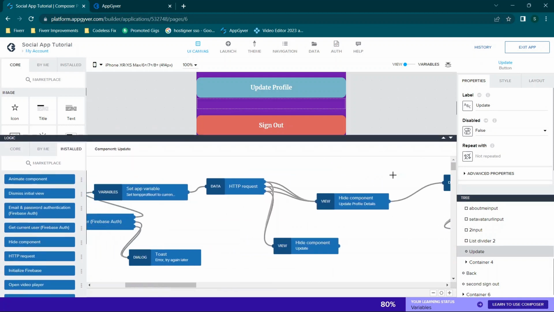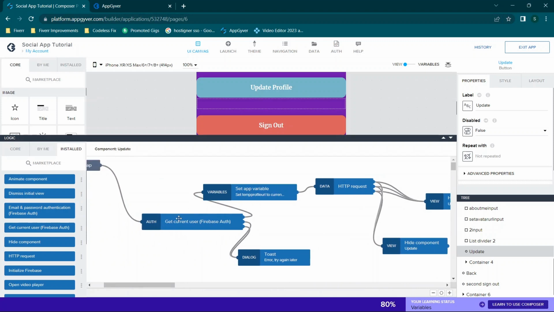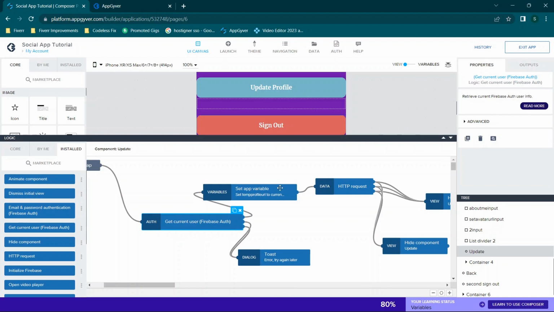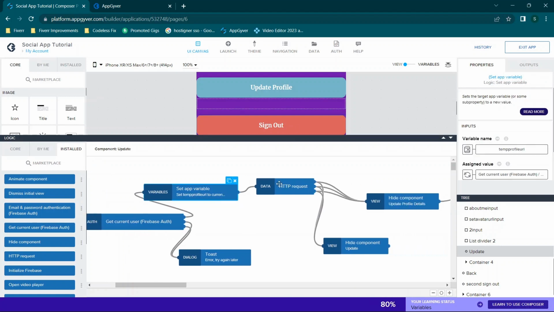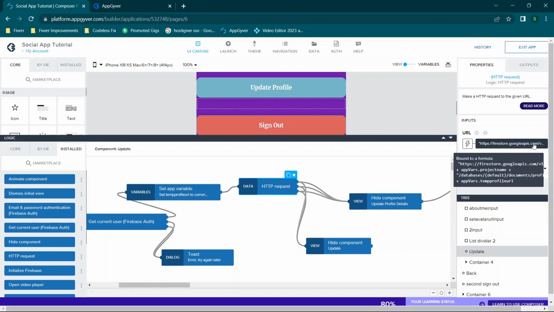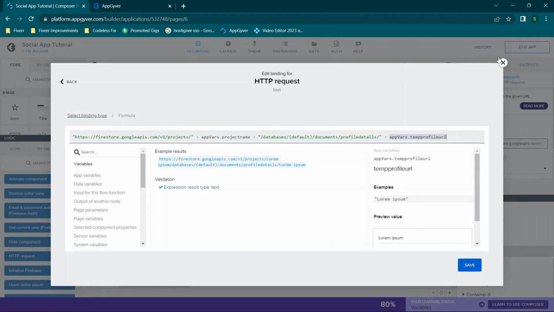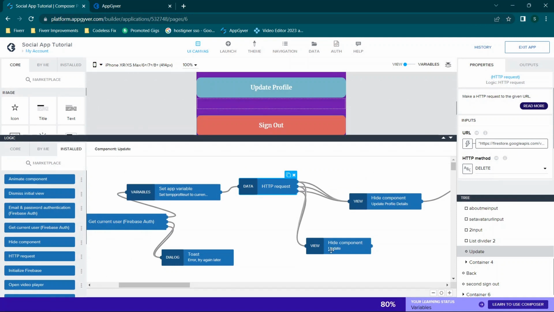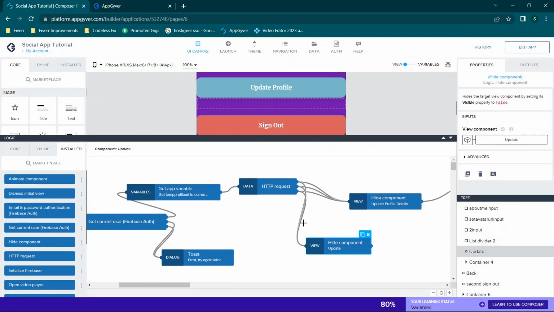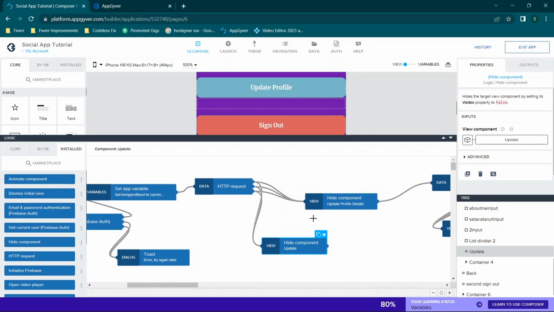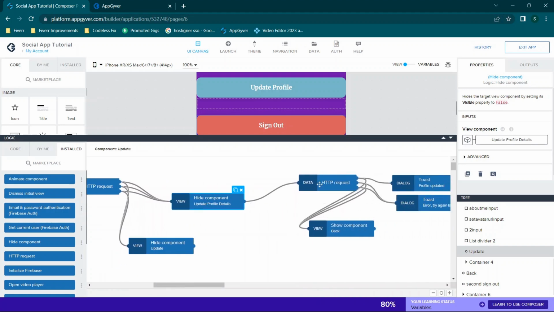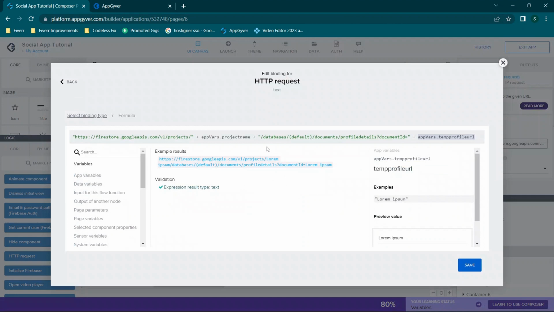So we're looking for the toast message that says error. In this case, we are doing the get current user from Firebase, which could actually be where the error is occurring. And then we have set app variable URL, HTTP request, so we're trying to delete from the project name, which I guarantee you is giving us an error because we don't have that record visible because we haven't created an account yet. So it should still attempt to move on and then go here to post to this